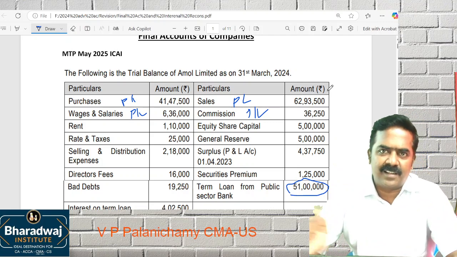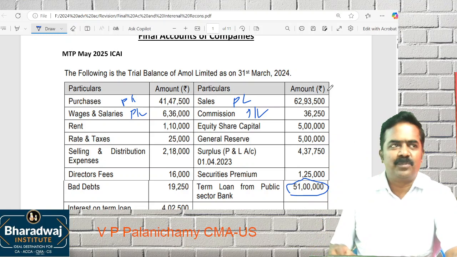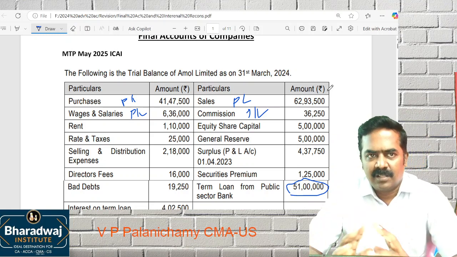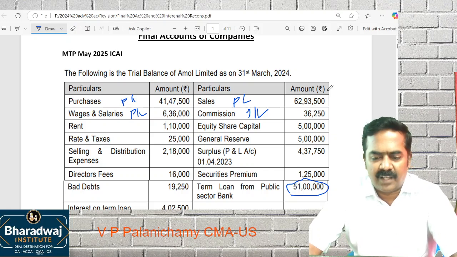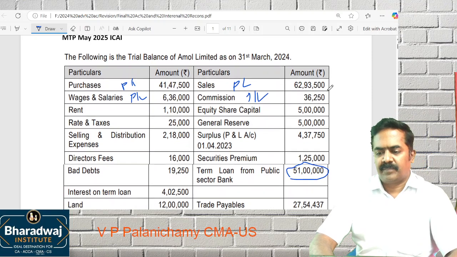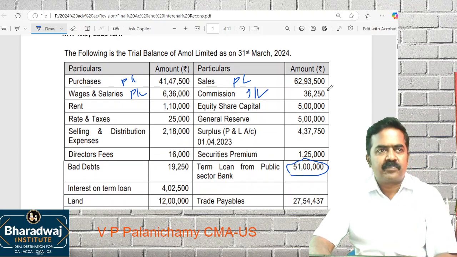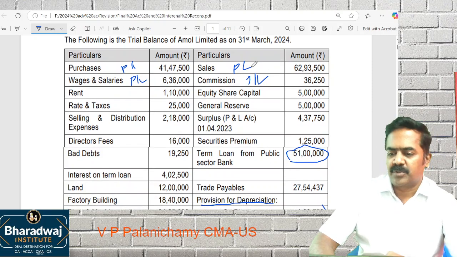It is not like just writing a total and bringing the item here. Rent, salary, expense, just put the total, scribble it, bring it. No, you must write it in a proper way, because all your working notes are like notes to accounts. That is part of your regular answer. So just leave 2 pages gap. Go to the third page. Start with which one? Working notes. Start with working notes.